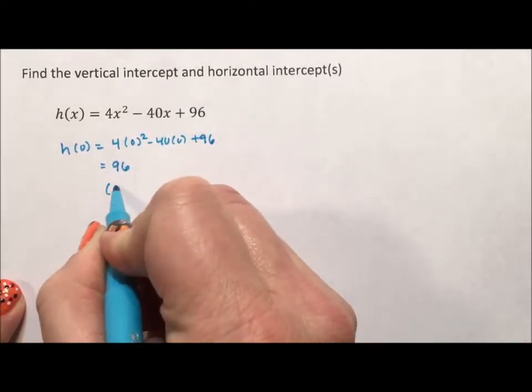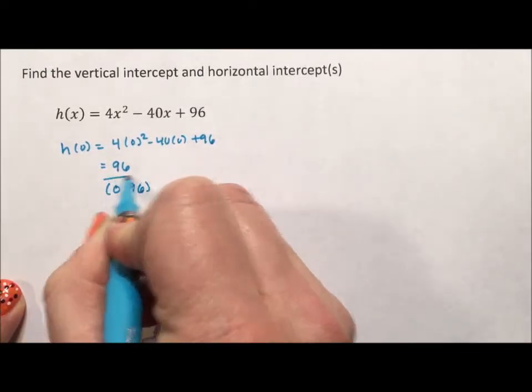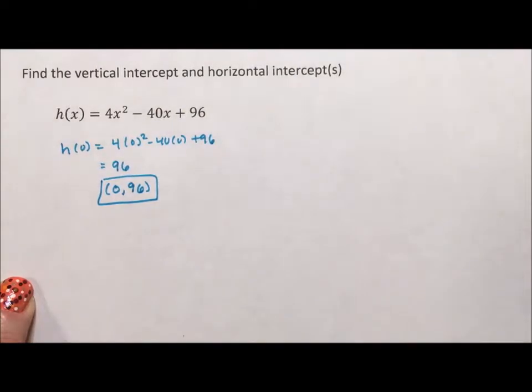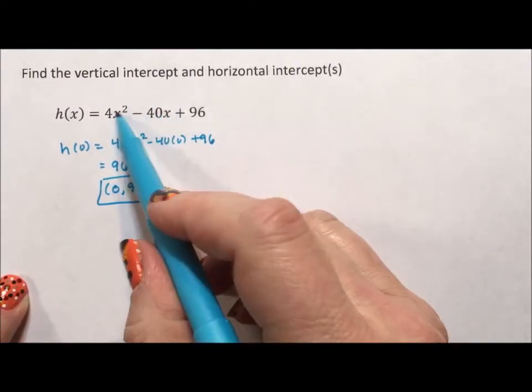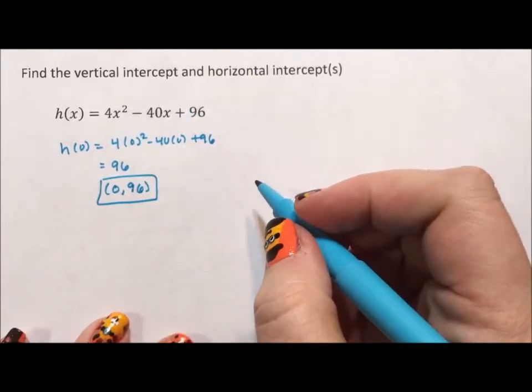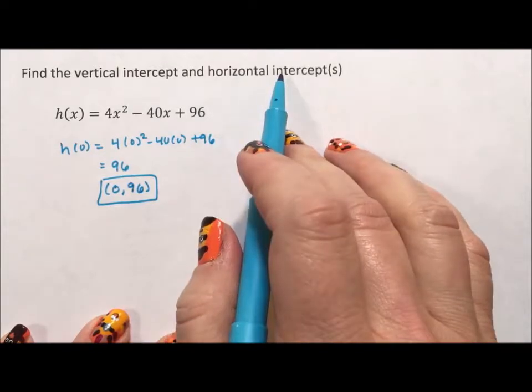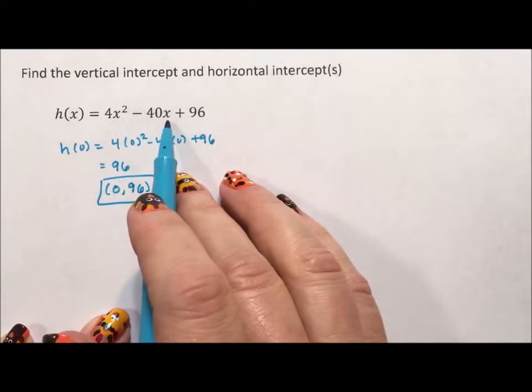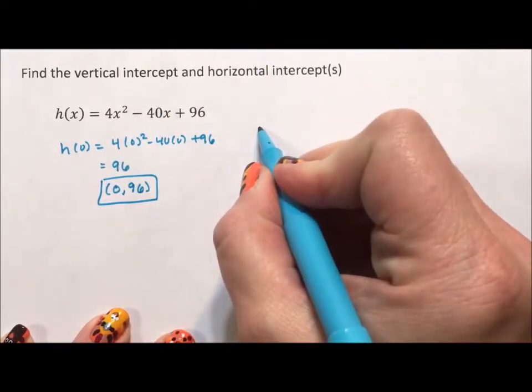Now, if you're thinking to yourself, couldn't I have just done (0, 96) without showing any other work? Honestly, I kind of agree. This one is a pretty easy one because of the 0, but sometimes it's nice to see the steps. To get the horizontal intercepts, that's where it crosses the x-axis, which means we need to find out when